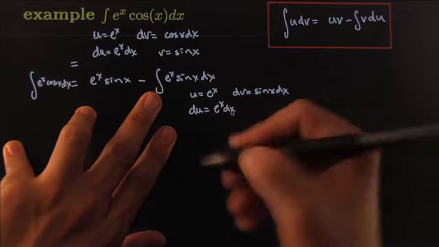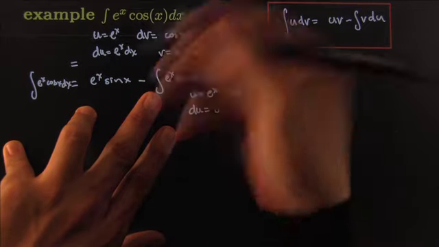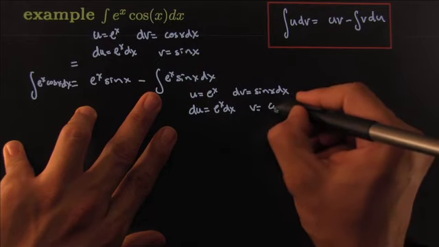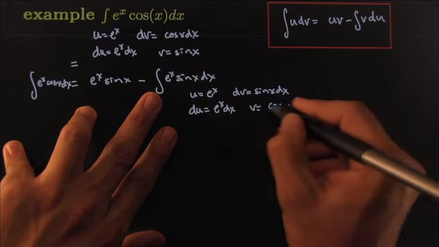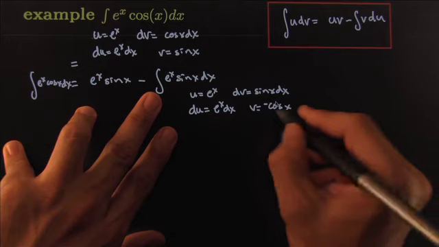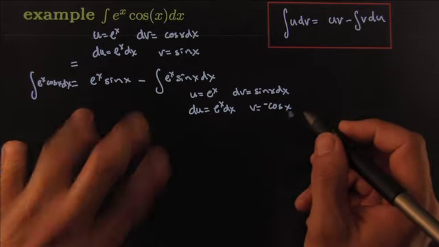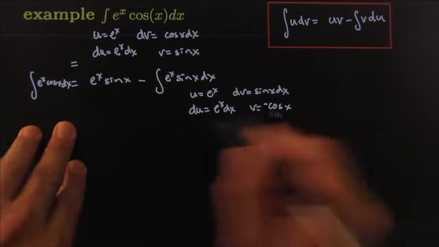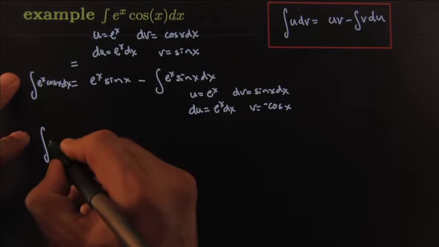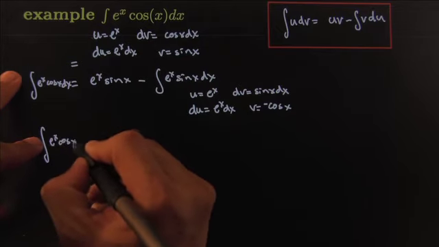So what I'm doing is the second by parts. By parts again. The previous one was so fun, I'm going to do it again. And so I have that the derivative, cosine, I think I need a negative here so that when I take the derivative I get dv equal to that. Alright, then that would lead me to believe that the integral of e to the x cosine of x dx